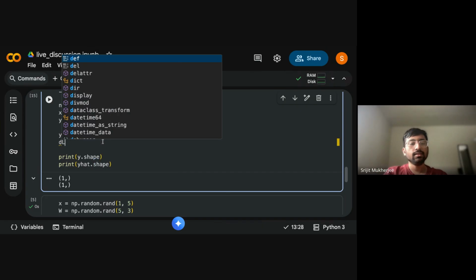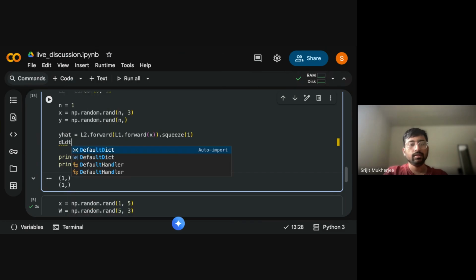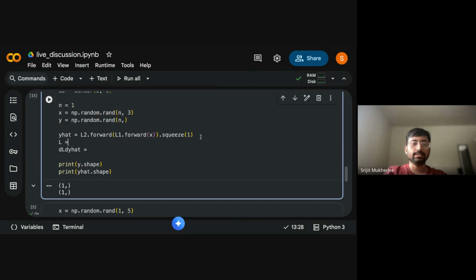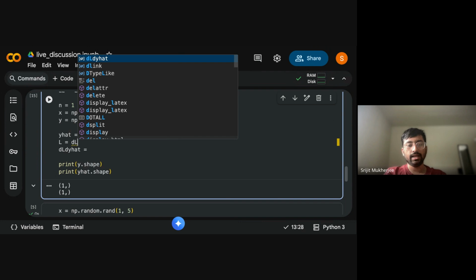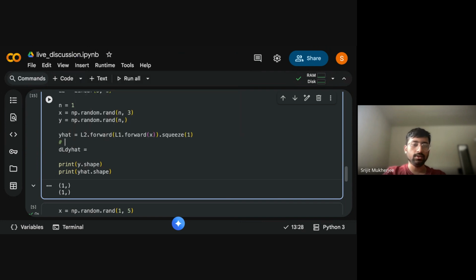Understand this. The loss is y hat minus y whole square. So if you do dL by d y hat, it will be